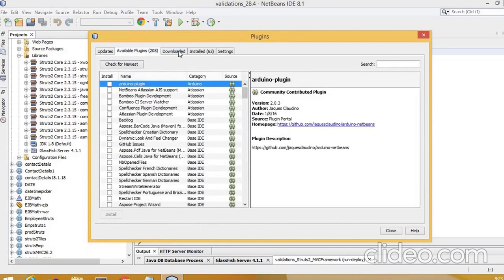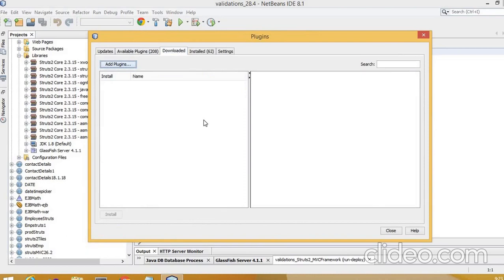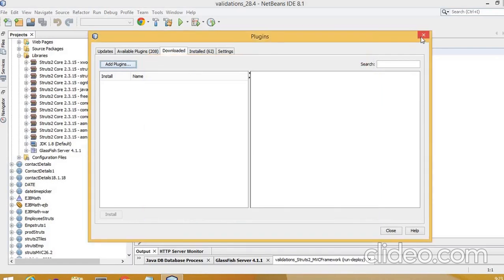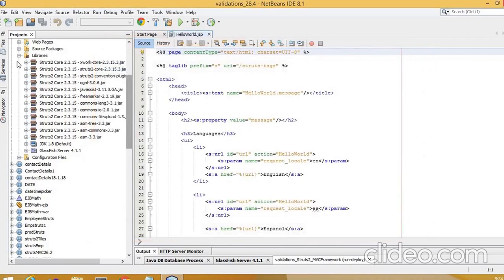Since I have already installed them, it will give me the option showing that I have already installed it. You can just select from the downloads folder wherever you have downloaded and click next. It will be added to your NetBeans IDE.